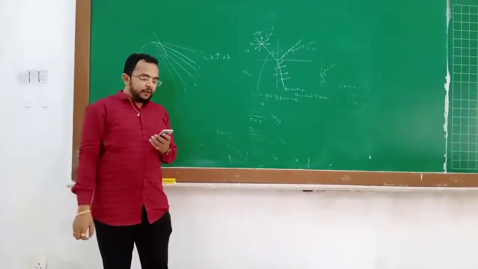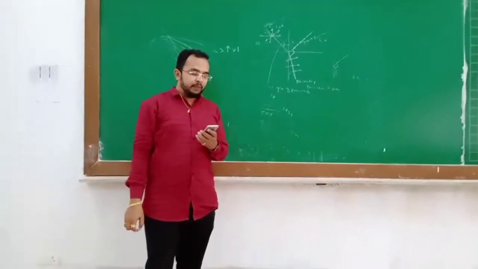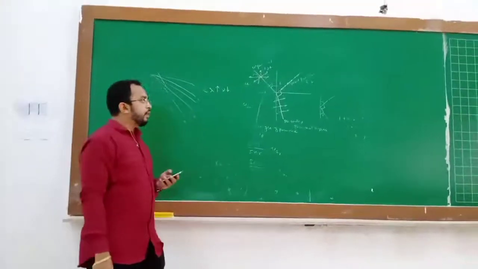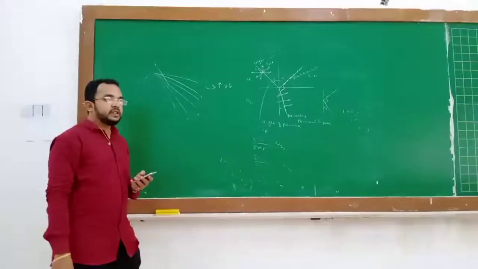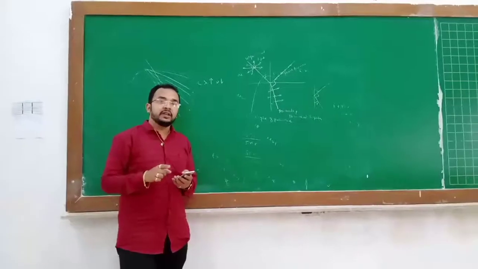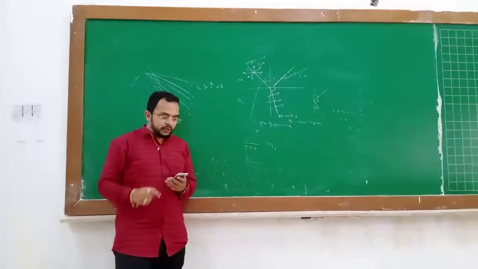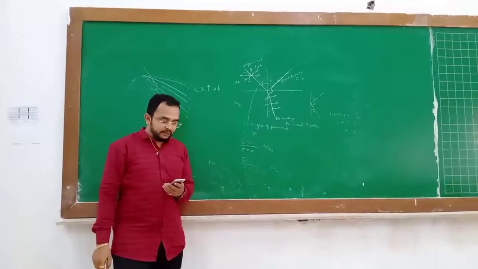In the propagation of electromagnetic waves, the angle between the direction of propagation and plane of propagation is... So direction of propagation and plane of propagation, the angle is 0 degree. And direction of propagation and direction of vibration, the angle is 90 degree, because both are perpendicular to each other. So here the answer is 0 degree.